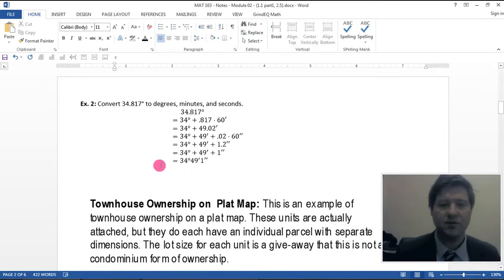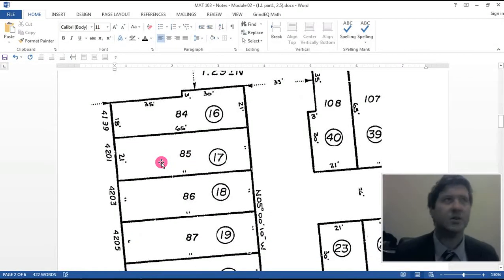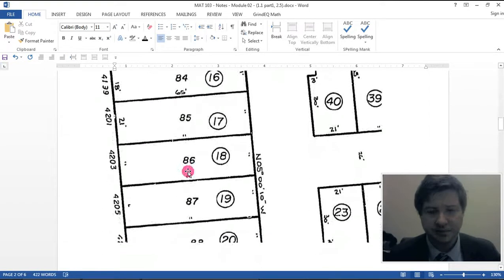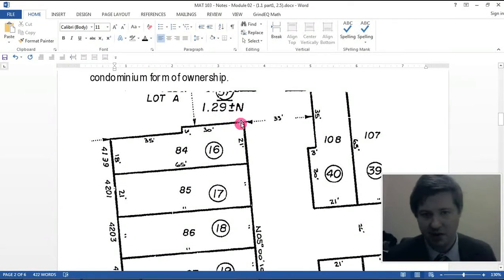Now, just for fun, I've got a plat map here. So this is a typical ownership map you'd see, or a surveying map you'd see if you go down to your courthouse. At least in my town, they keep these documents at the courthouse. So this is a bunch of plots of land. And the way you go out and find your land, of course, is you would find whatever marker they're starting from. Normally they have some marker like a stake or a concrete post in the ground, and you can measure,